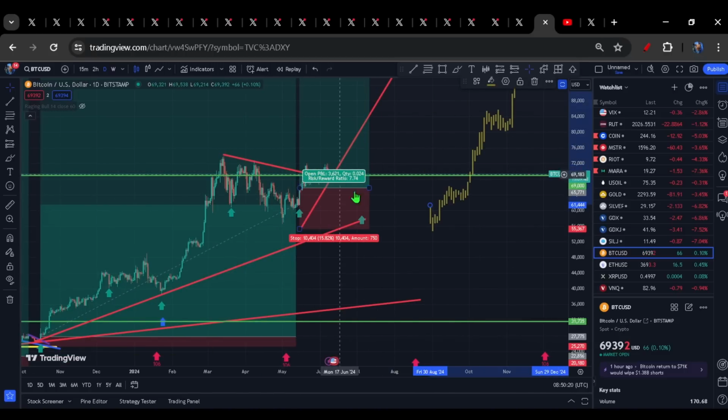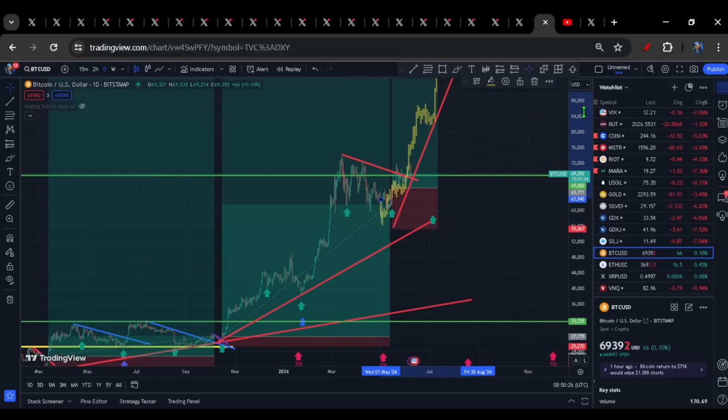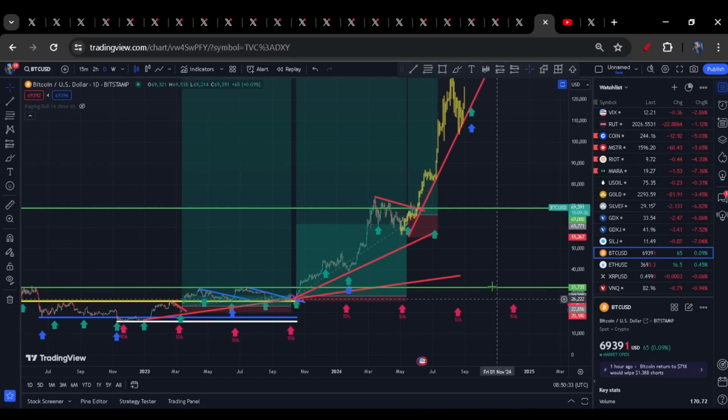And of course, if this is to occur with the stock market blowing off, I don't think that's a very good sign. I don't think that's very healthy. So I think everyone should be championing for a big push here from Bitcoin, unless of course you're short and bearish and targeting way, way lower down.